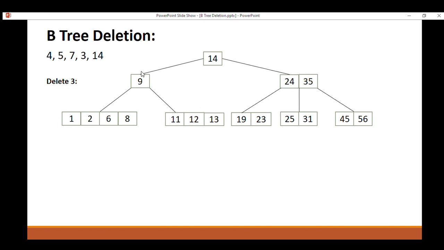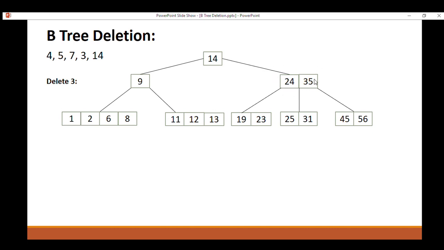We can see that 9 does not have an immediate left subtree, so we will have to look at borrowing from the immediate right subtree.